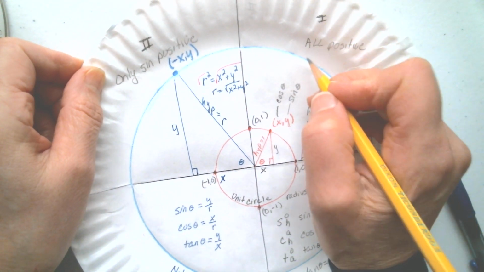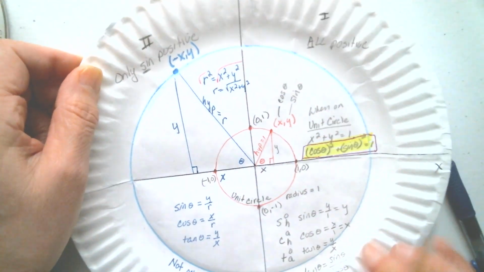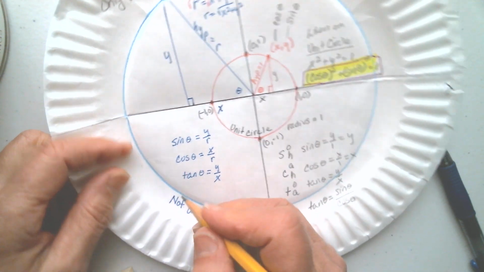So in quadrant 1, they are all positive. In quadrant 2, only sine is positive. In quadrant 3,